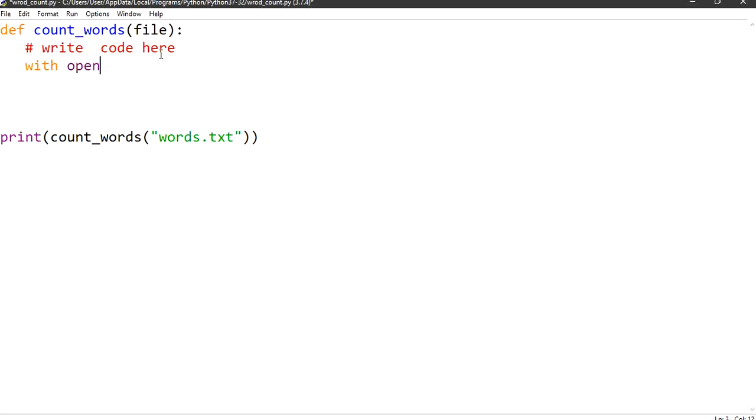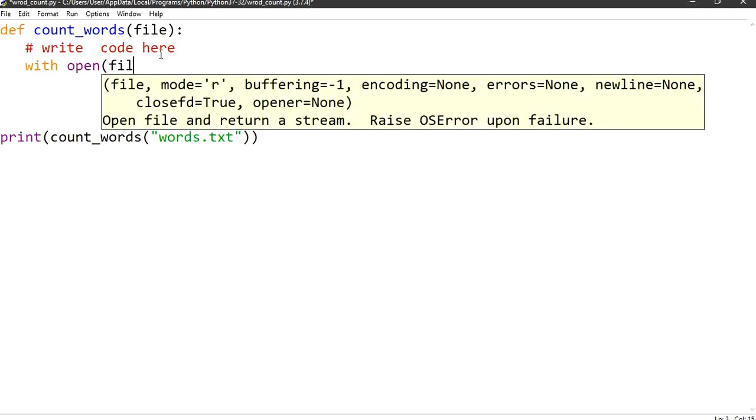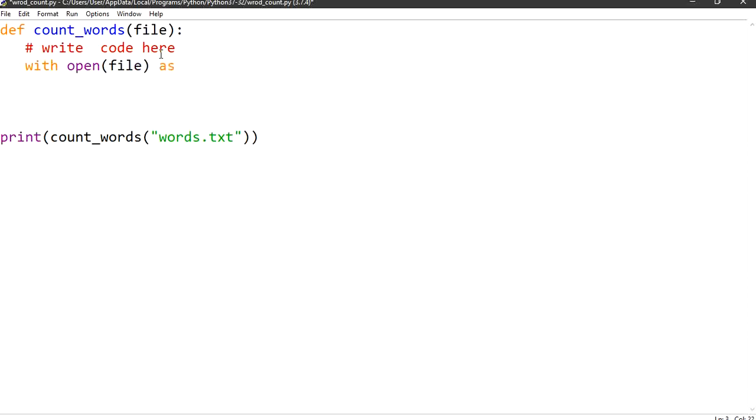We are going to open a file as f. How will we do it? In a simple way, we will say f is equal to open with the file name and mode. So this is how we do it, but we can also do it with the with function.